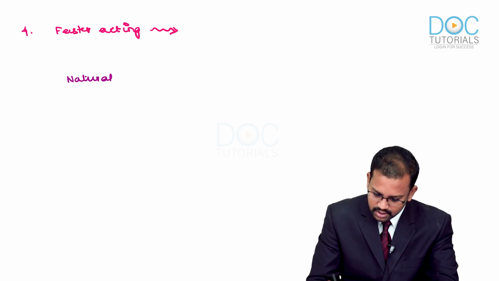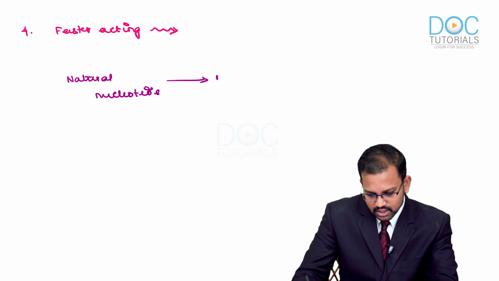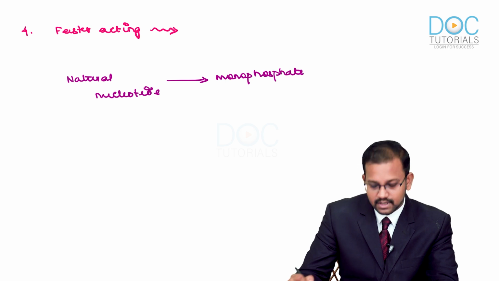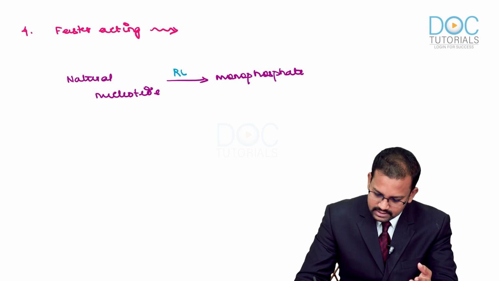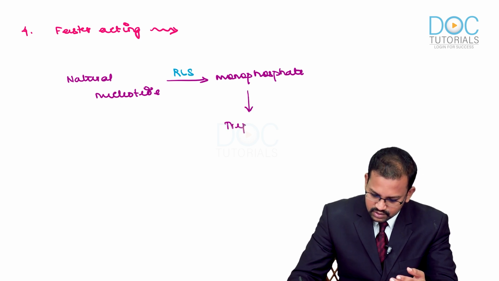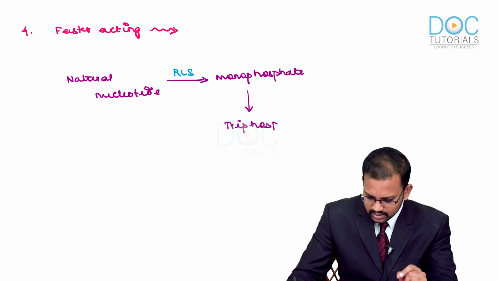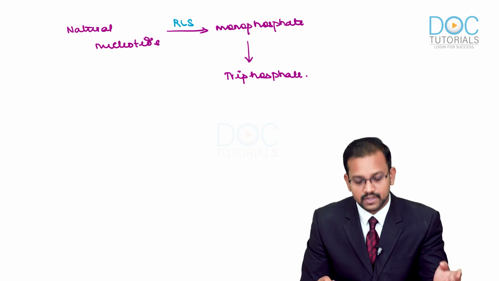We have the natural nucleotide. It gets converted to a monophosphate. This monophosphate conversion, as I've already explained, is the rate limiting step. And post conversion from monophosphate to triphosphate, it is going to be utilized by the virus. That is not going to be seen with Remdesivir. Why? Because, guys,